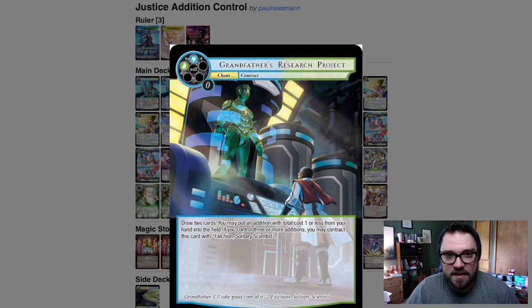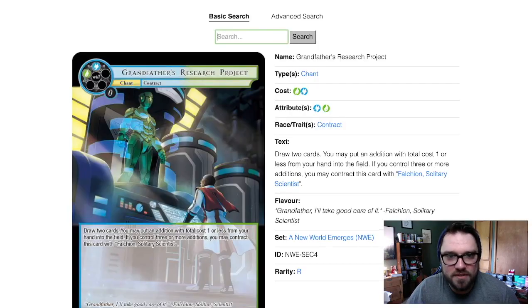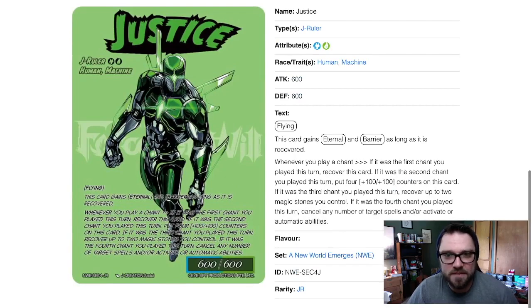Justice is going to be contracted off of Grandfather's Research Project. Draw 2, put an addition of 1 cost or less into the field. And then if you happen to be Justice on the flip side, you get Natural Flying, Eternal and Barrier as long as you're recovered. You have 6/6 as stats, which is pretty low, but he does have a way of